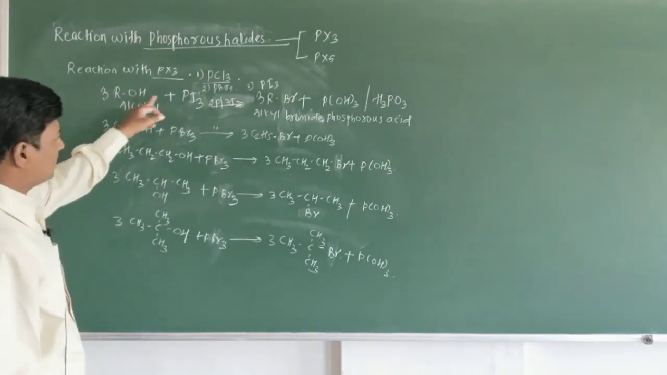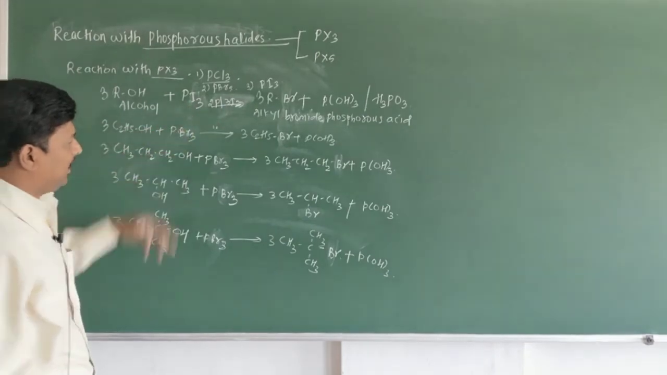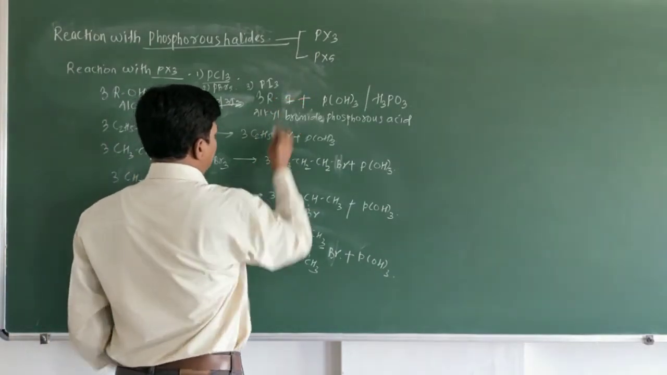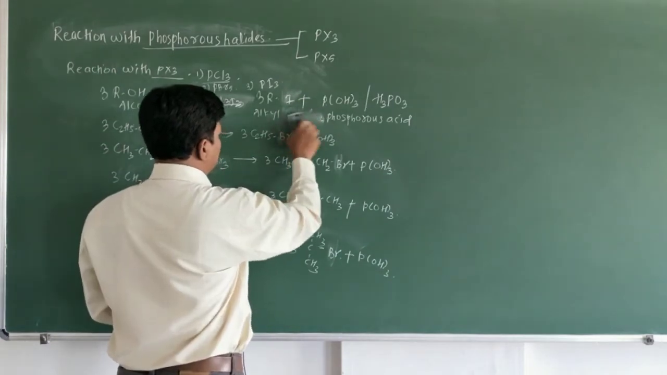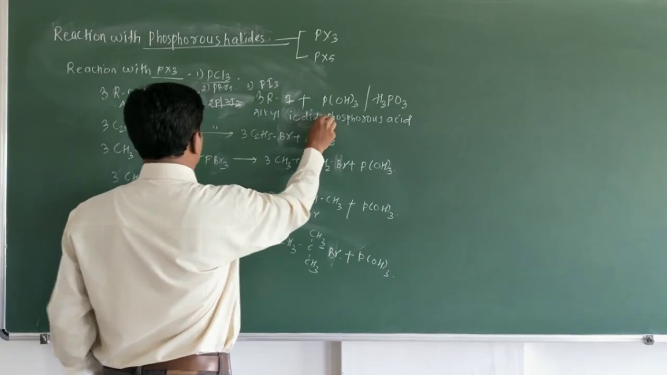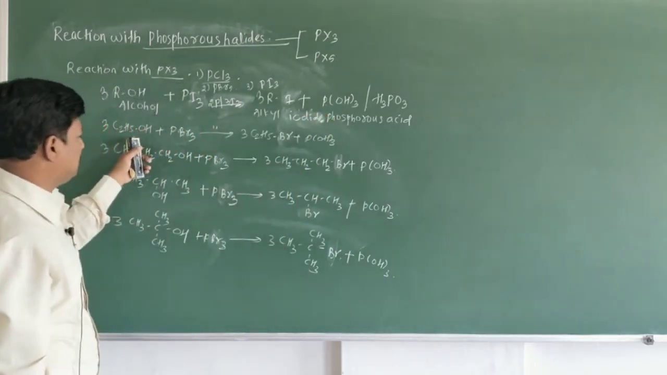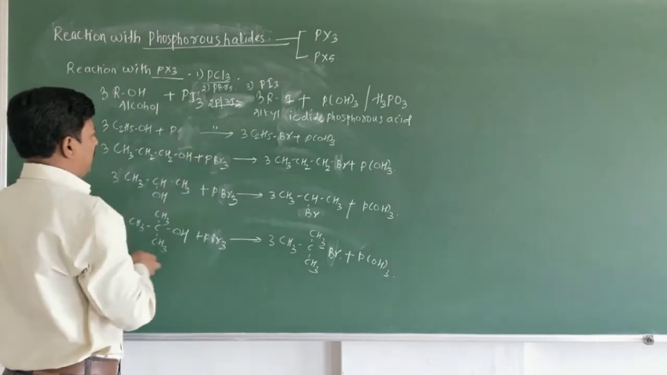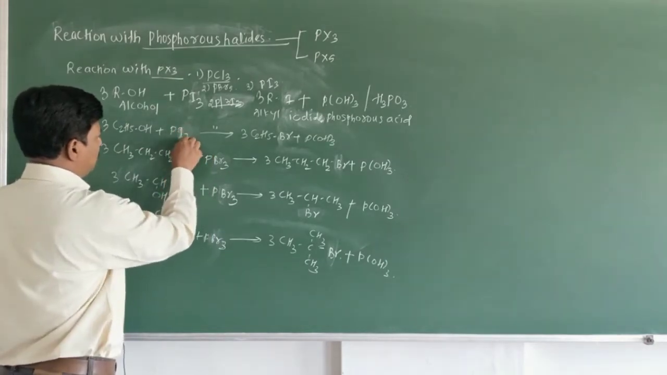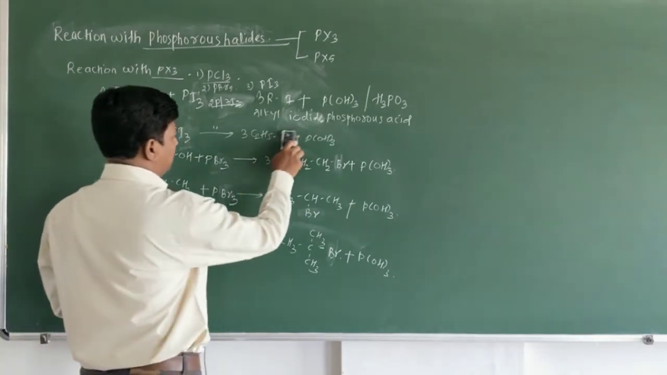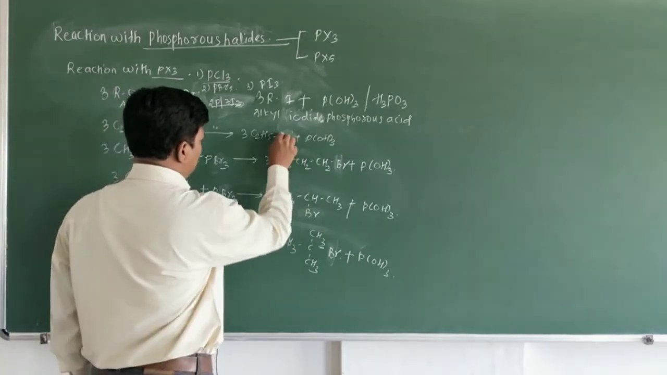When alcohol reacts with red phosphorus and iodine, it forms alkyl iodide, and the reaction is like this. Now, come to the example here. When ethyl alcohol reacts with red phosphorus and iodine, meaning 2P and 3I2, it forms ethyl iodide,